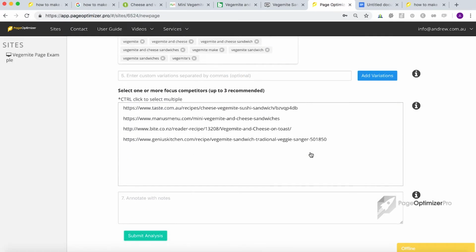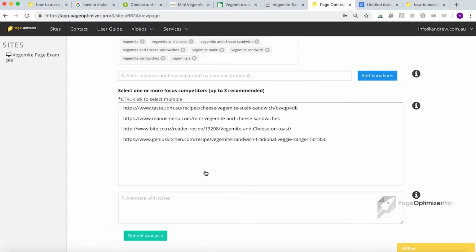And the only other thing that you might like to do at this point is to choose a focus site or two. A focus site is a page that's really similar to the one that you have and is doing really well. So it's one that you would like to especially analyze out of this choice. In our case, they're all kind of the same, so I'm not actually going to choose a focus site. But if you wanted to, you just click on one or two of these and they'll be the focus sites. Terrific. Okay, so now we can run the page analysis